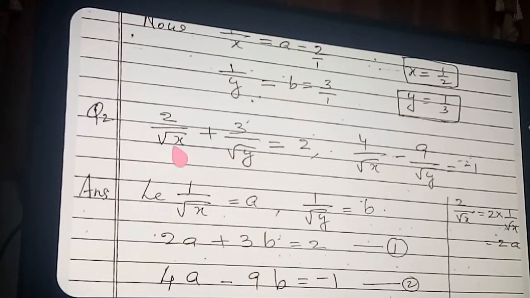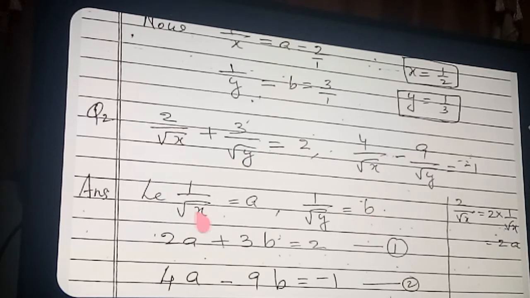Okay. Now question number 2, listen. Here what is given? Root x is given in the denominator. Usually x is given, but here root x is given. So what will you take? 1 by root x you will take as a. Root x as a gives no meaning, I told you in the previous sum. If root x is a, then downside a only will come. Then again it is not a linear equation. So this 1 by root x, the whole fraction together, we will take as a. And 1 by root 2y together we will take as b.